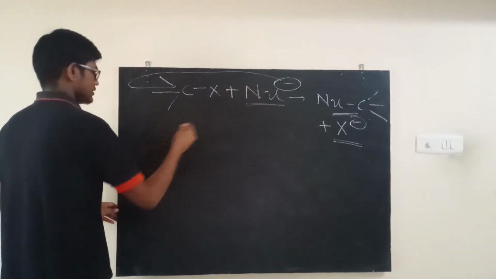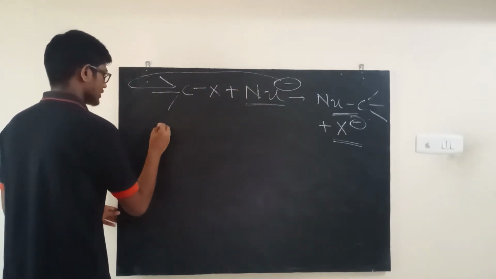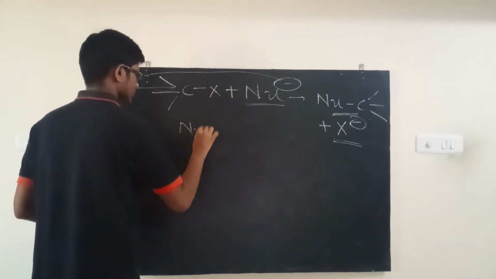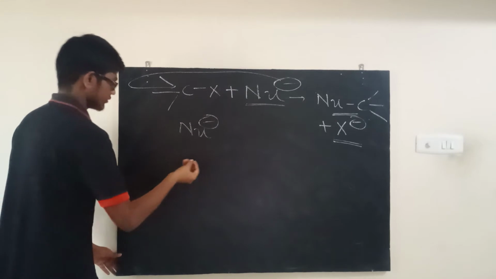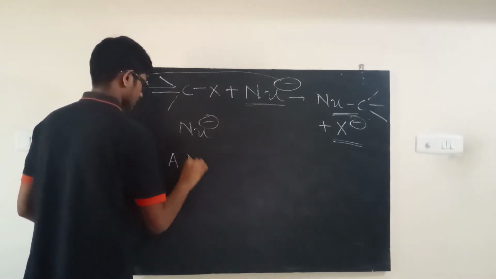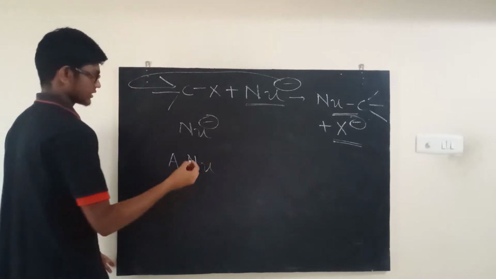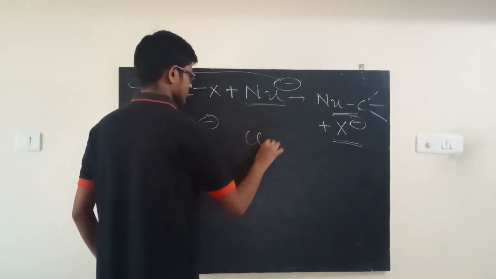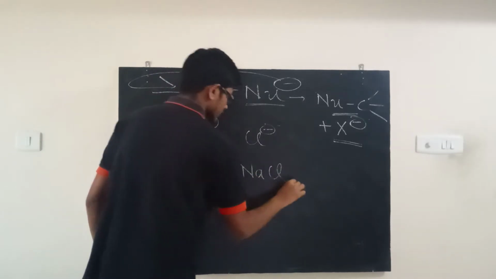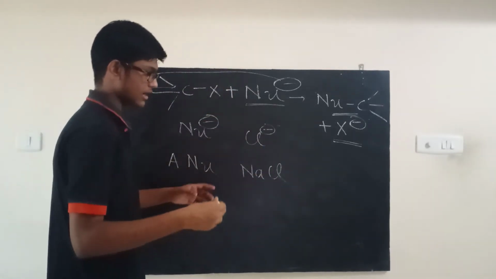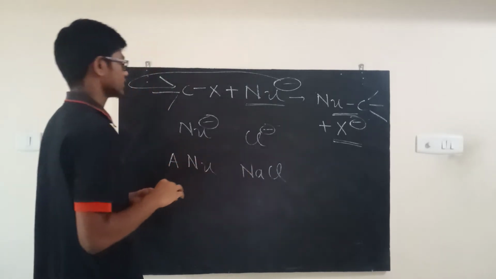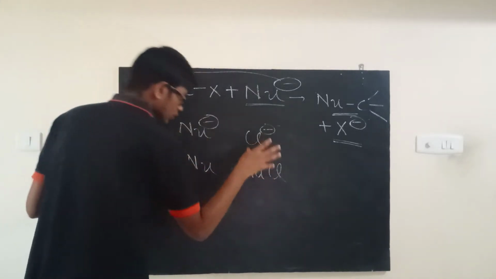For example, we can just look at this reaction, okay? So this Nu minus actually came from an ionic compound, for example, something like A plus Nu minus. Nu minus could be something like Cl minus, so the compound it came from can be NaCl, right? When you put this in water, it has no other option but to dissociate, because of the high dielectric constant of water and all those good things.